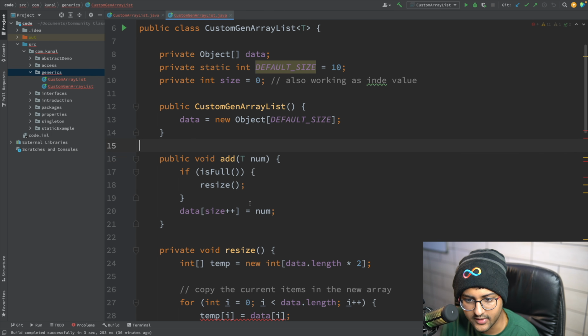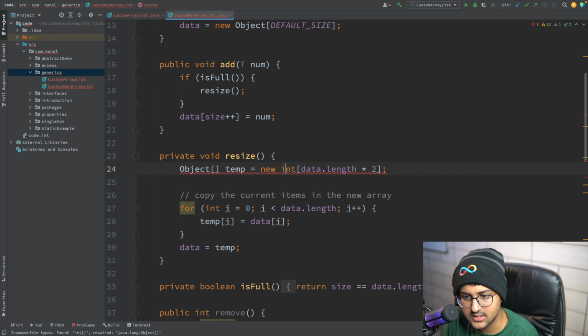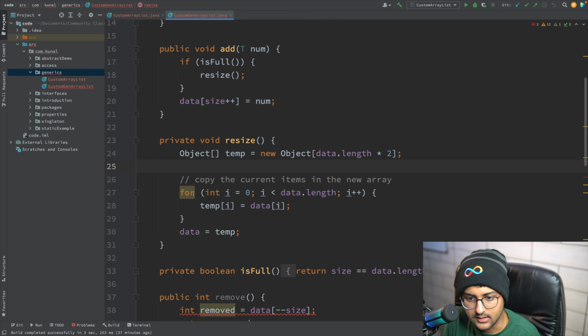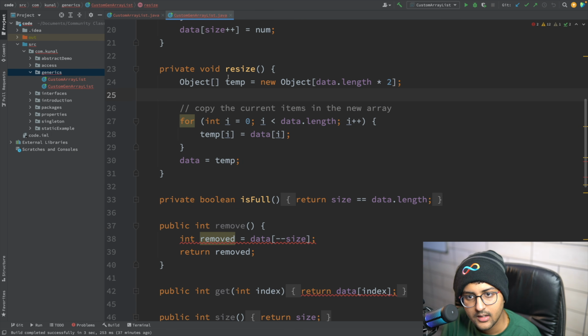I'm adding a type of T. Looks good. And then I'm saying the object type is equal to new object type, and temp of i is equal to data of i, or whatever. Fine, looks good to me. It's just copying it, right? Yeah, that's fine. T is equal to new T. That's okay.